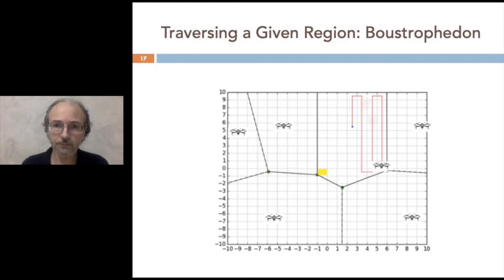How do you address the second problem? How do UAVs traverse a given region? We use a simple method called Boustrophedon, and it's represented by this red line in the slide. Starting from a starting point, the UAV moves north until it can no longer move north, and then it moves one step east, and then it moves south until it no longer can move south, and then again one step to east, and repeats this movement until it can no longer move using this approach,